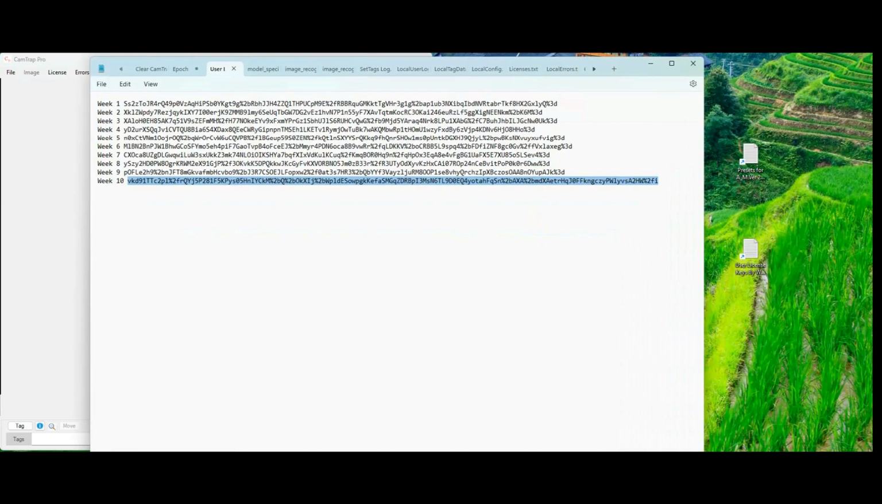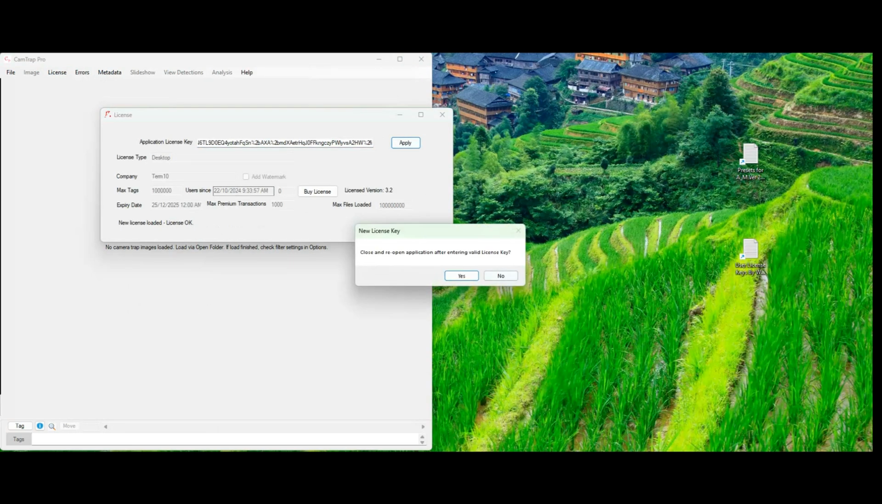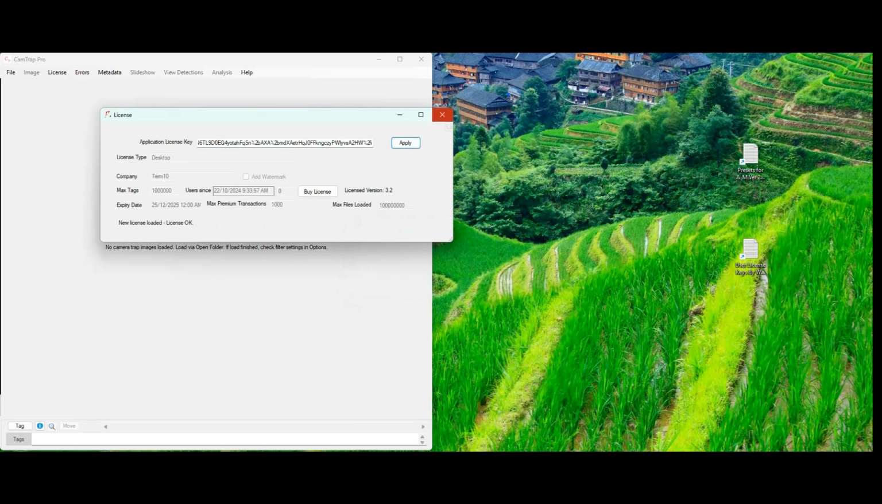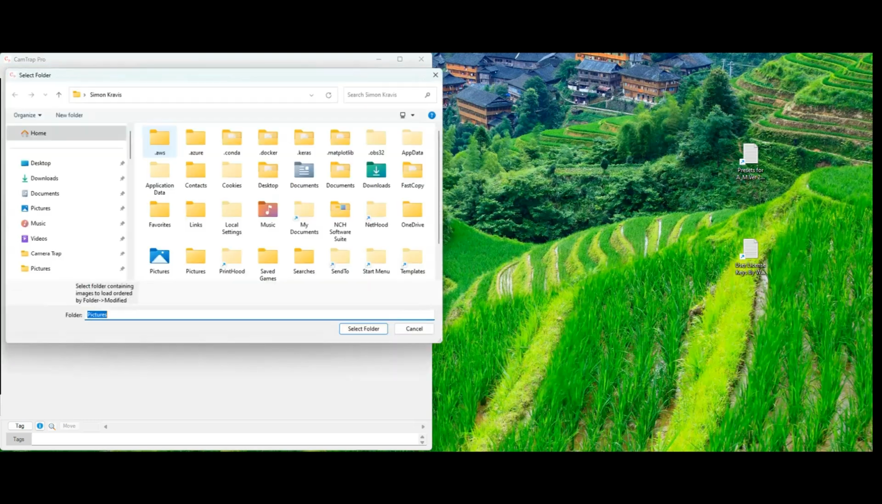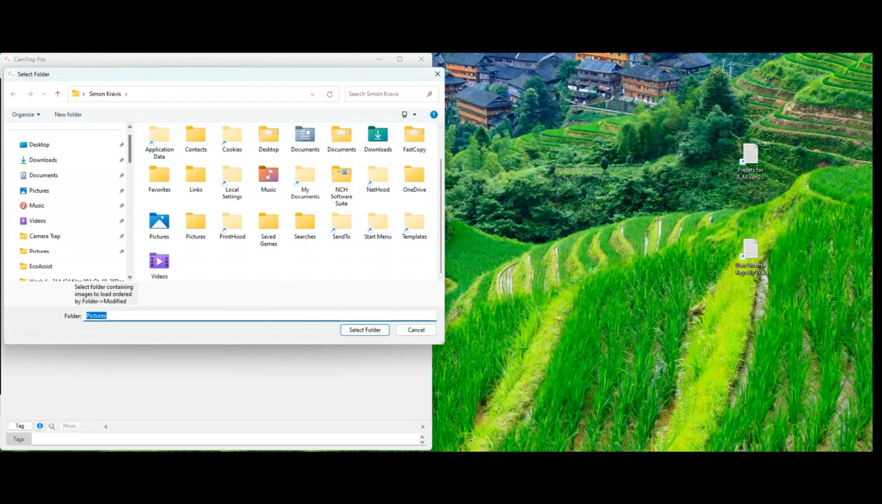So we've got one here. Let's copy that and paste it into the license box here. And we won't reopen it because we haven't actually started yet. License is now OK. So now we'll open our folder containing the data which we wish to process, which in